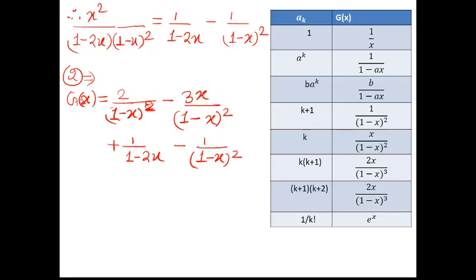Now what is the general term of g of x? So the general term of g of x, a n, is equal to